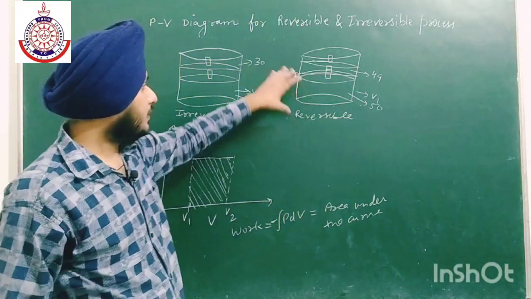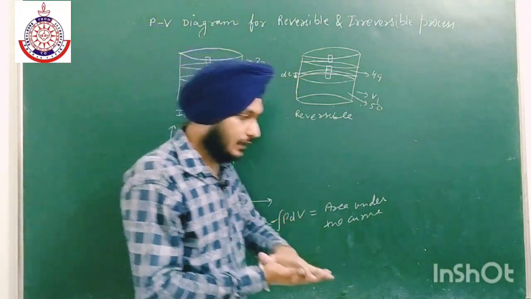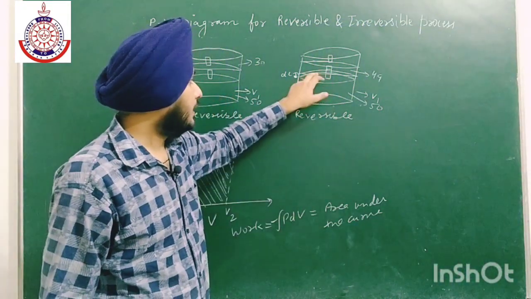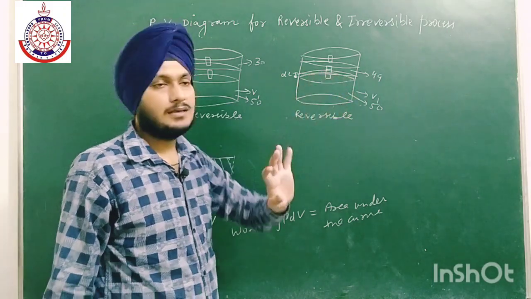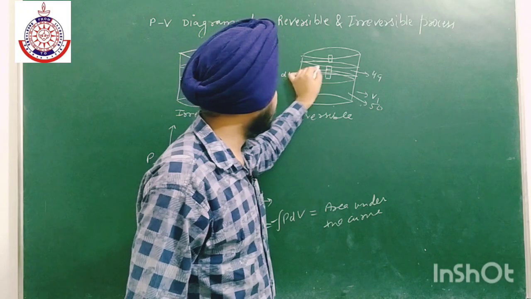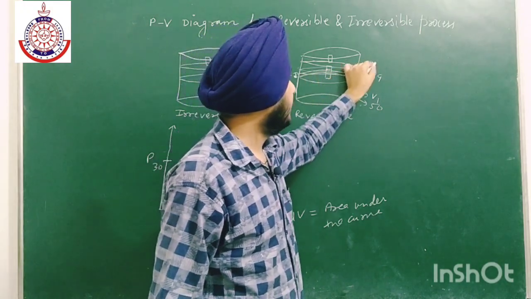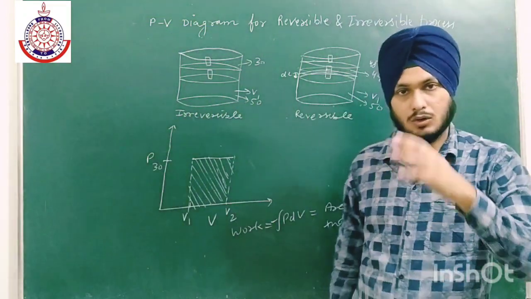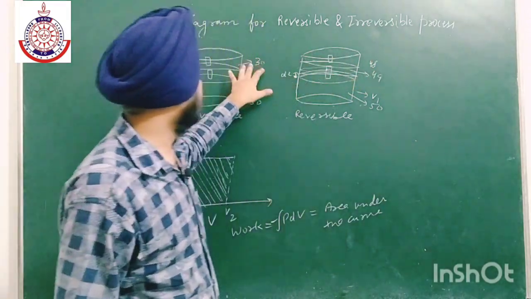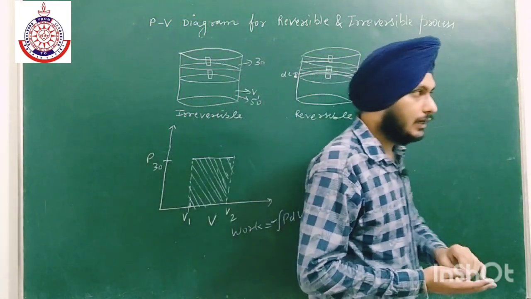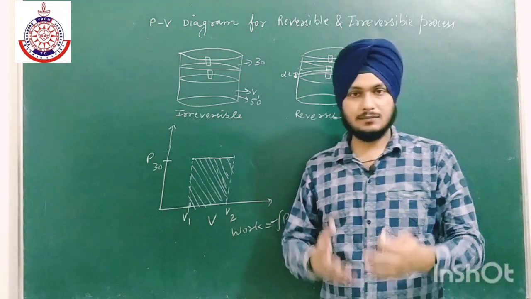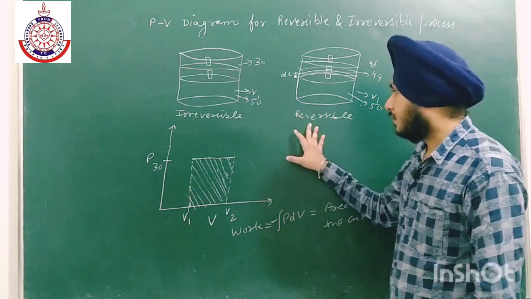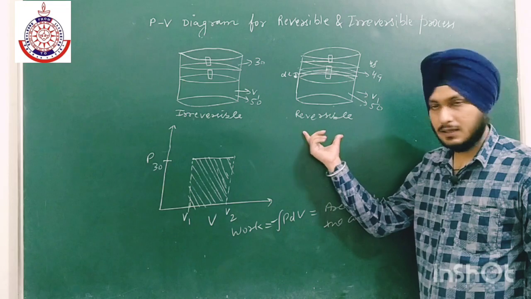So at each step in a reversible process, the expansion will happen only when we keep decreasing the external pressure. At this stage the internal pressure and external pressure are equal to 49. Now I have to decrease the external pressure to 48. The gas will again expand, and this process will go on like this up to 30. This process will continue, and it will take a large number of steps.